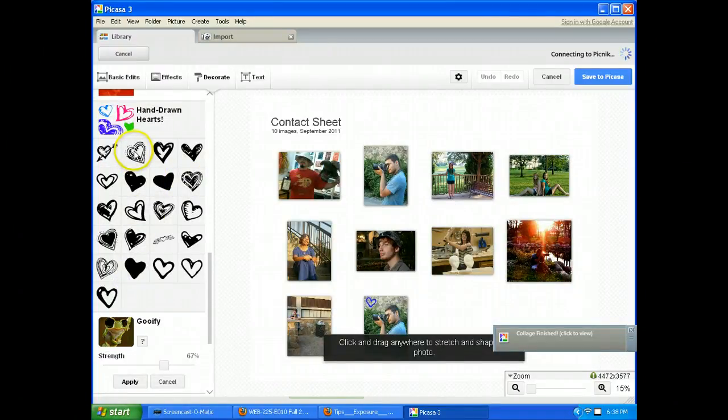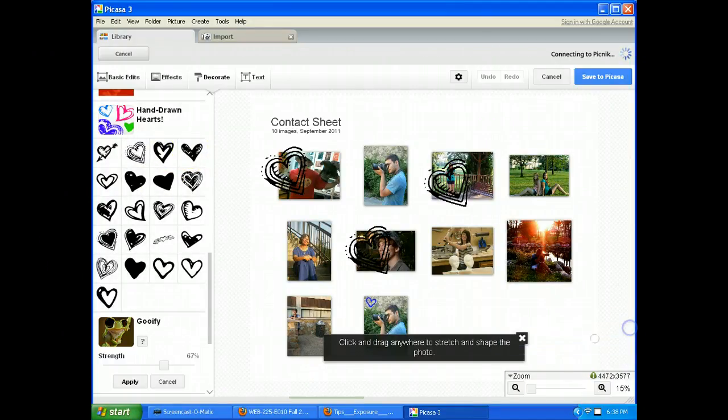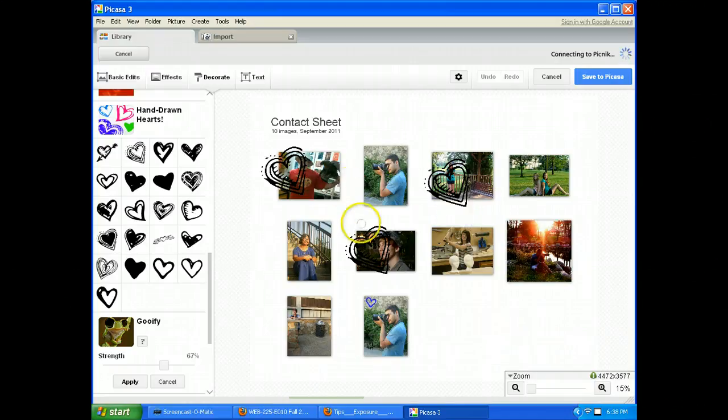So all 30 of our pictures will be on the contact sheet. I'm just going to do 3 of them real quick, but you'll get the gist of it here. Once you have all of them, you probably want to make them a little bit smaller, like I just did with mine. But once you have all of them on there,